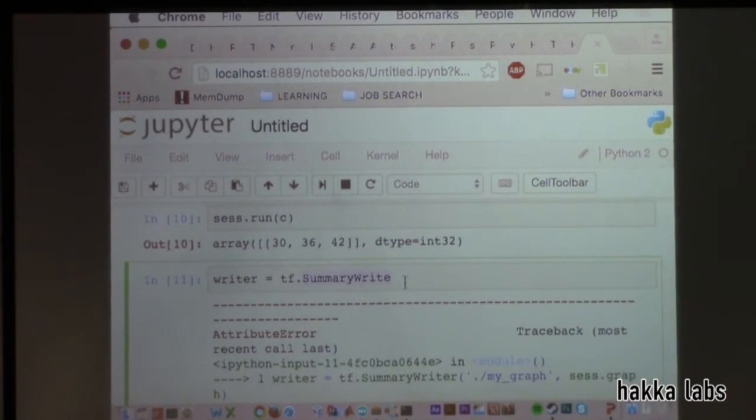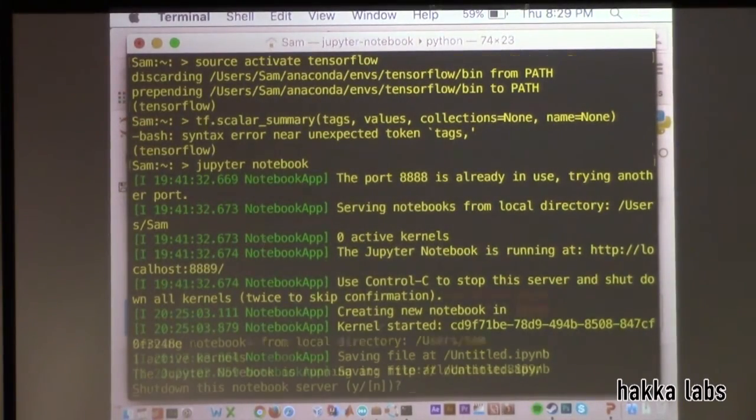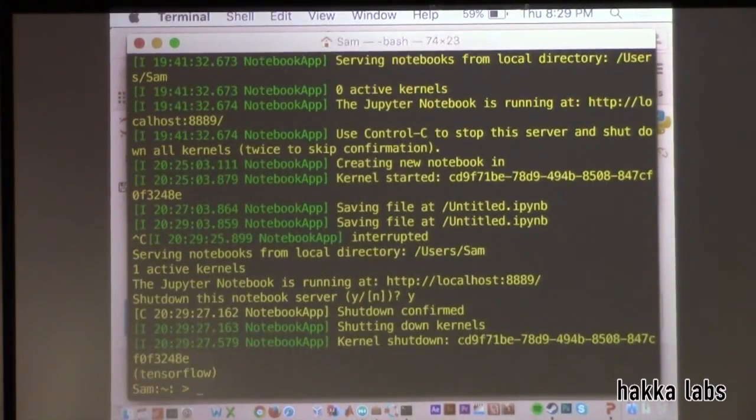No, part of the magic is that we're not going to be going over the crazy summary statistics that are available, because that's a little bit more involved. So the same thing, my graph, and then we're passing in the graph that we'd like it to write. Great. Okay, so now it doesn't look like much has happened, but if we go into this notebook, we close this out, and then we look.